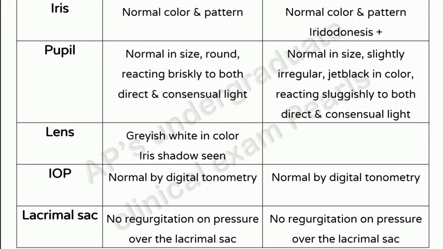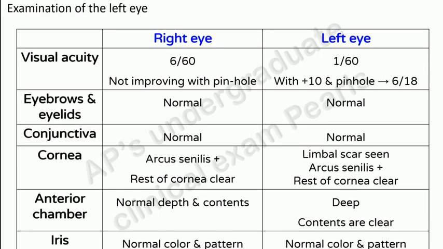in size, round, reacting briskly to both direct and consensual light, lens greyish white in color, iris shadow seen, intraocular pressure normal by digital tonometry, and no regurgitation on pressure over the lacrimal sac. Examination of the left eye: visual acuity 1/60 with +10 and pinhole 6/18, eyebrows and eyelids normal, conjunctiva normal, corneal